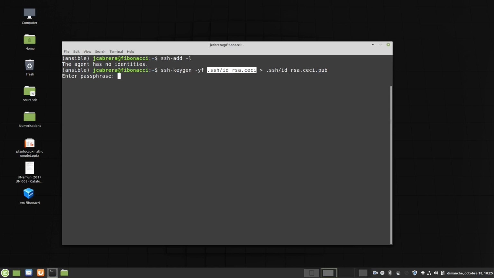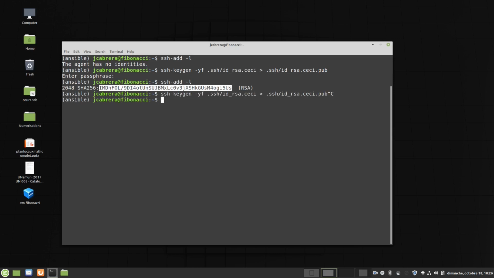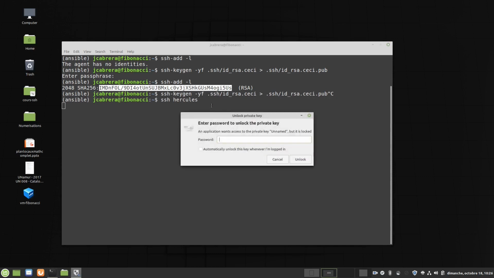Type the passphrase to decrypt the key and get the public one. And then you can check that the private key is now in memory. So next time you connect to the cluster, your agent will ask for the passphrase and will memorize it.